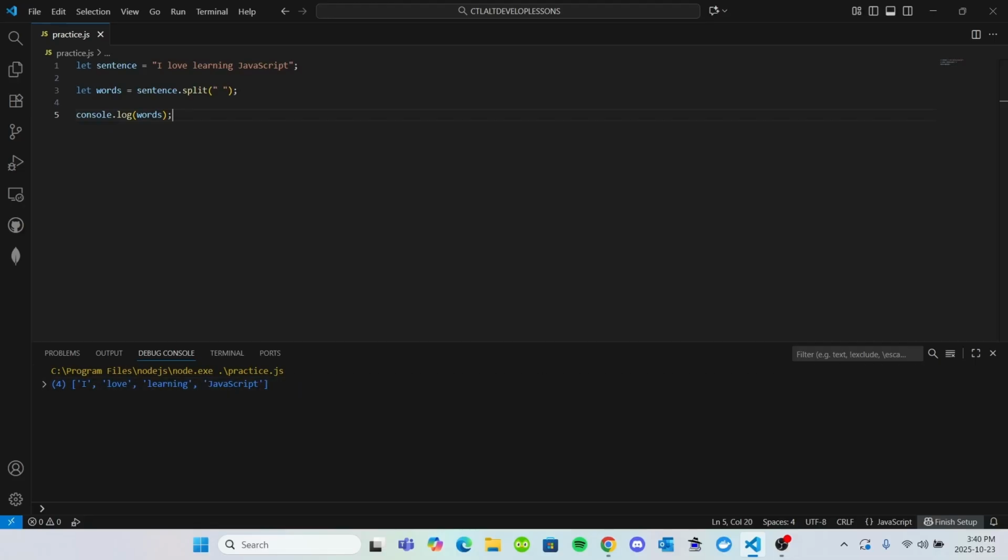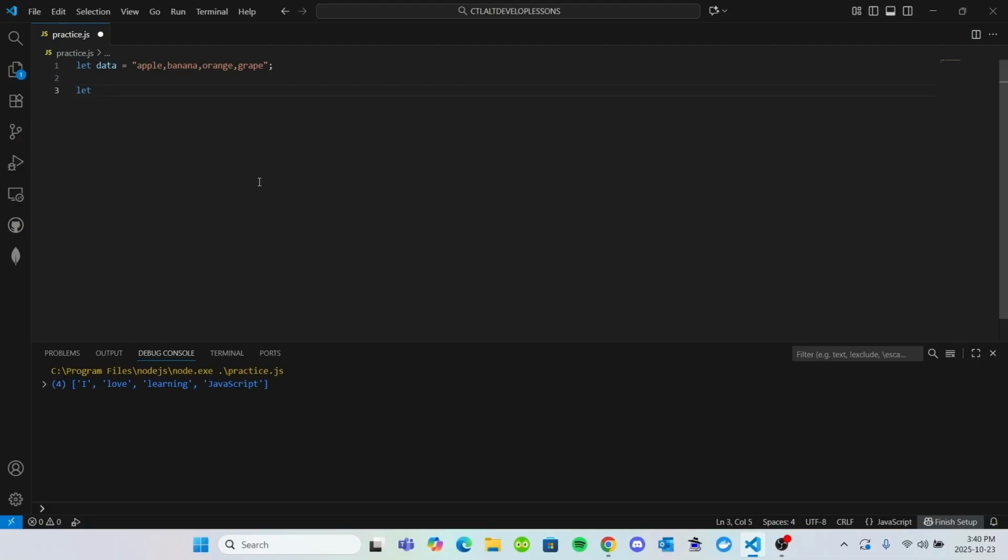So now let's split by commas. So the beauty of the method split is that we can split using commas, dashes, spaces, basically anything. So let's get rid of this, and I'm going to say let data equal apple, banana, orange, grape, and we want to split at each comma. So we're going to do the same thing, but instead of splitting at a space, we're going to write a